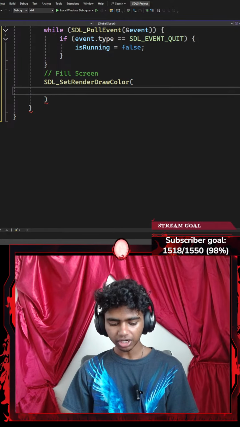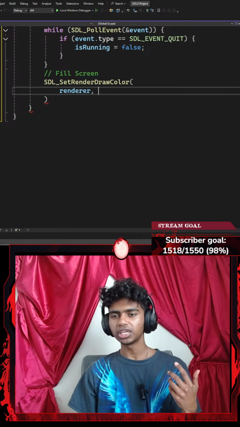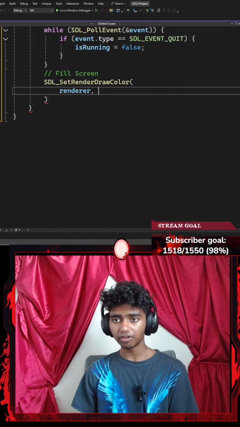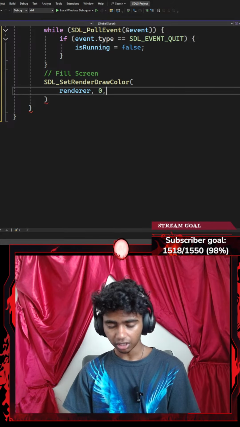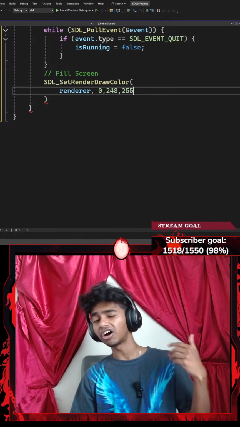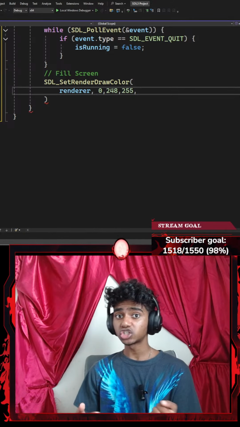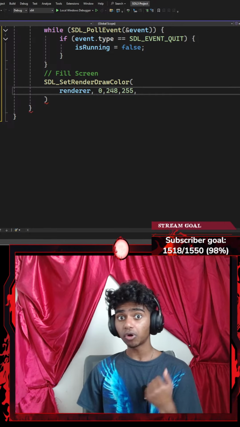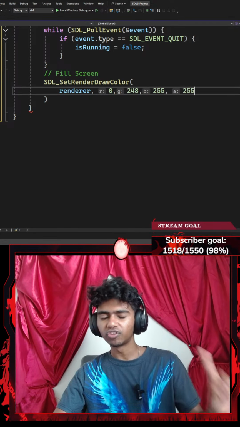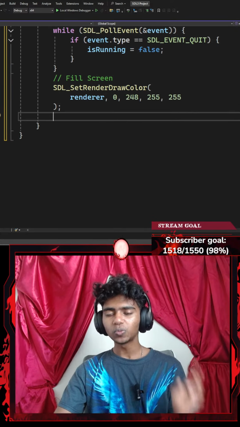The first parameter is going to be my renderer variable. The second, third, and fourth parameters are going to be an RGB value for my renderer. So I'll go with something like 0, 248 and 255, which is basically the RGB for cyan. And then lastly, I'm going to need alpha slash opacity, how transparent or how not transparent I want my color to be. In this case, I'm going to set it to be 255 because I don't want my renderer to be transparent at all. Okay, with that out of the way, now